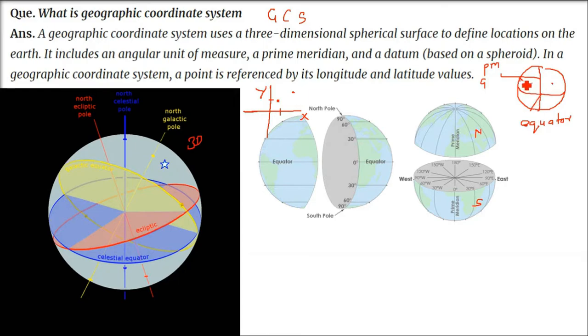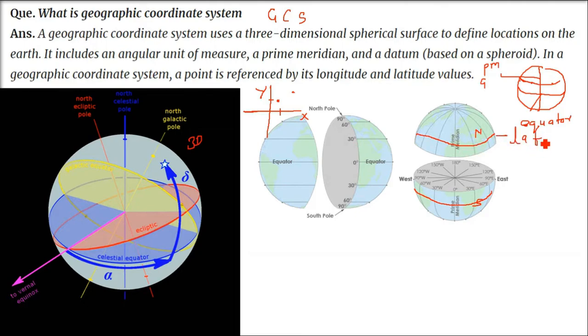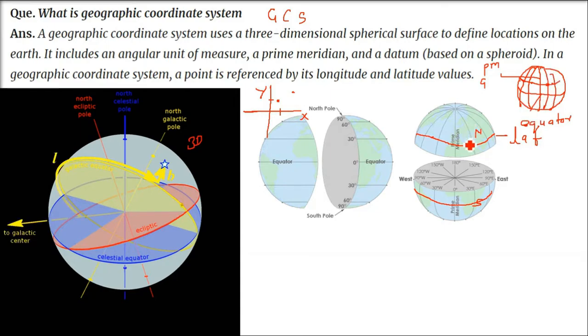We need the steps also, 1, 2, 3 like this in a Cartesian coordinate system. So we made these parallels, the lines on the plane which are parallel to the equatorial plane. These were called parallels. And we got the exact location only when we have the y respective line also. These were called longitudes or meridians. Now when we have the x-axis parallel and y-axis meridian, we can identify a point exactly.